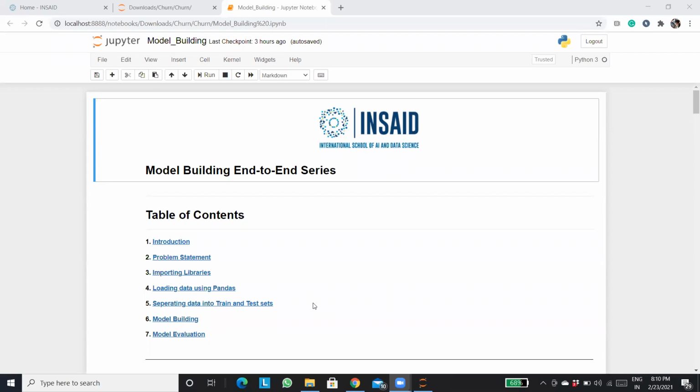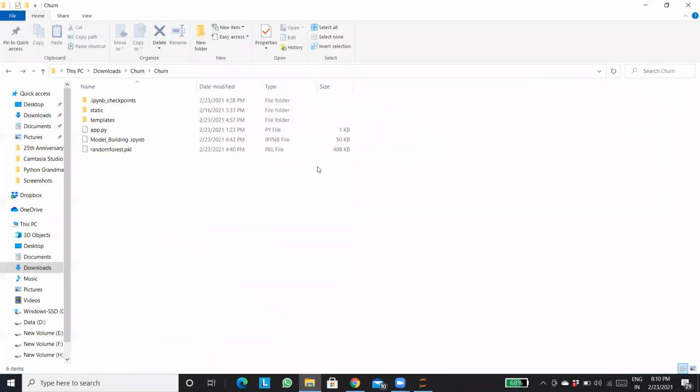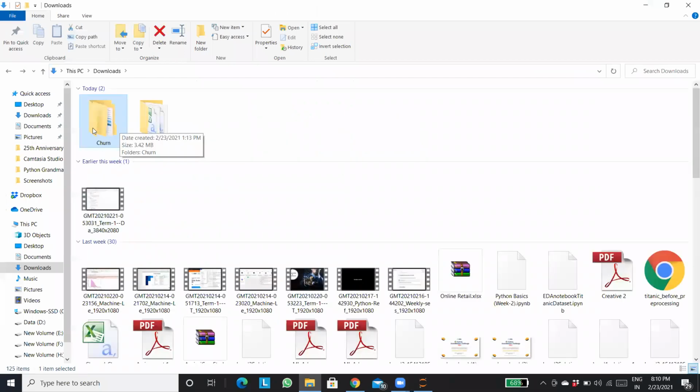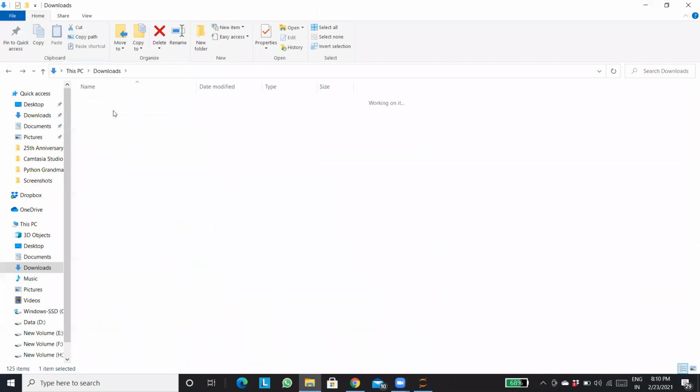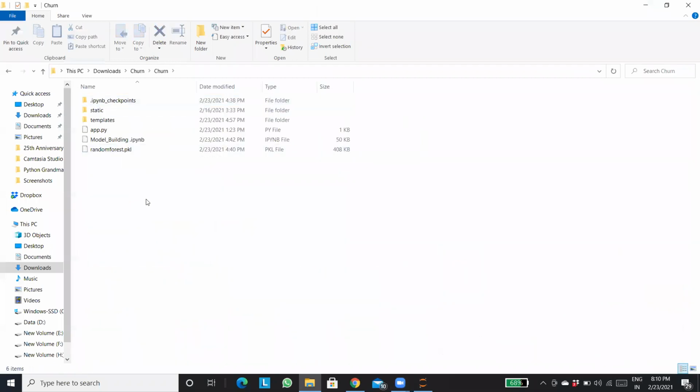Okay. So today we have created a churn folder here. This is the churn folder inside which we have accumulated all the required files. Here we have randomforest.pkl. What is this file, by the way? I hope you guys know randomforest.pkl.